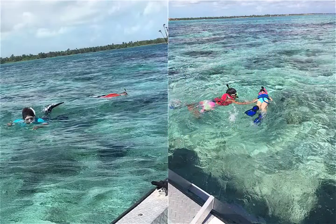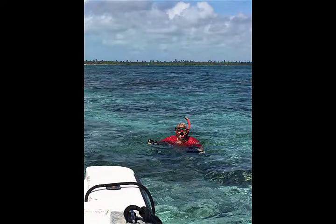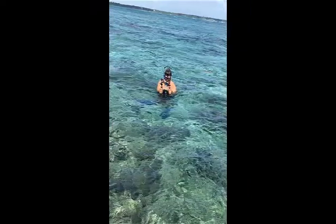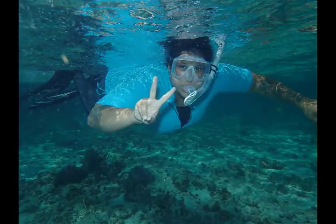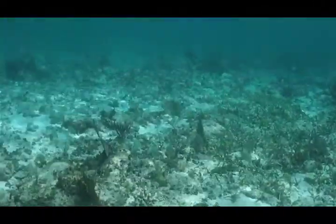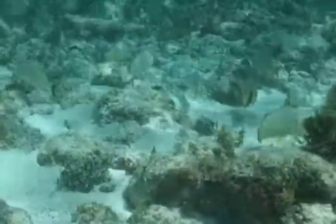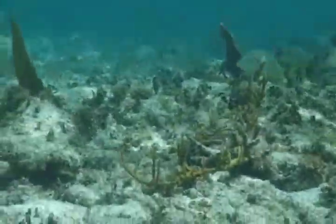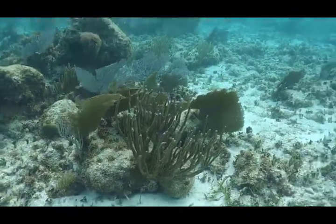After hand-holding with Mom and Vati, the kids quickly become pros and want to explore on their own. And Carol and Tim snap a few more pics and videos. While Katie is in her element. While there's a pretty good current in the shallow water, there was still plenty to see. Schools of jacks and snappers, lots of sea fans and coral,